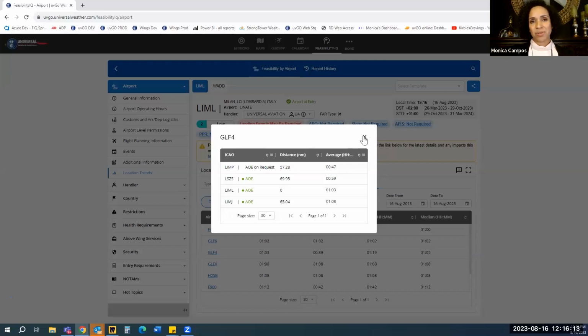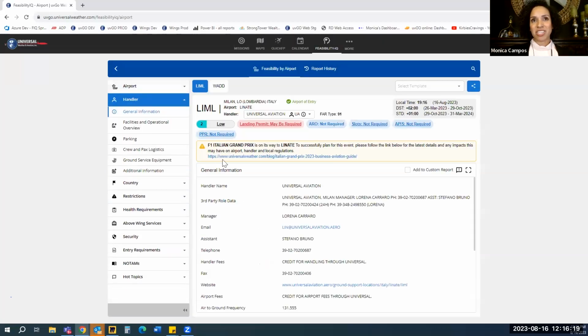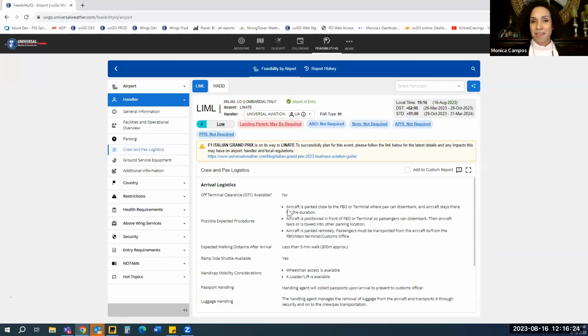All things that can be used to arm you with information so that you can give to your stakeholders. More information available in FIQ. The handler information gives you all of the information for the handler that you've selected. Another favorite within